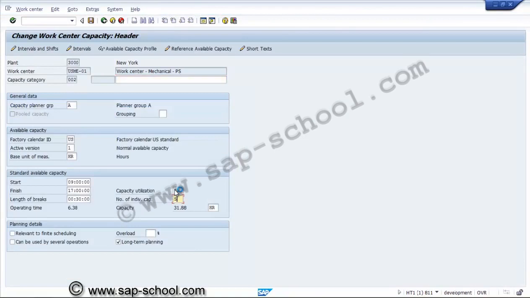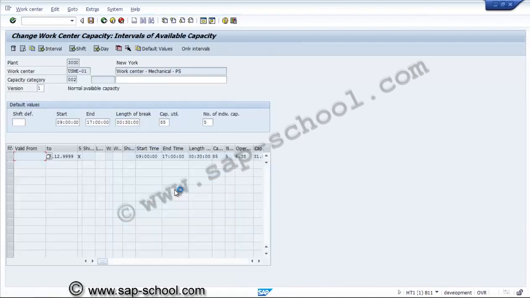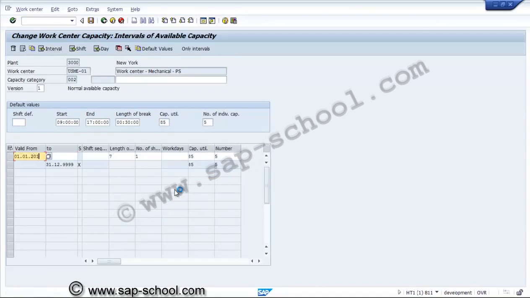So we have selected 5 resources. So we'll see interval and shifts. Here we will add the 2014 to 31st March.